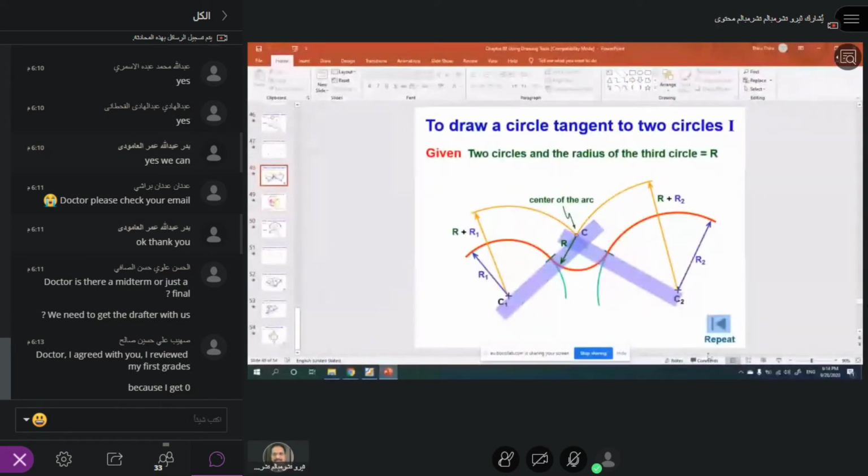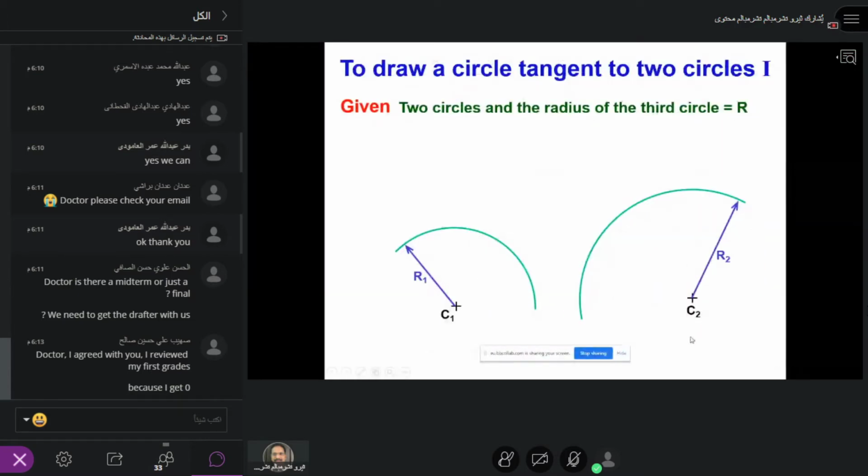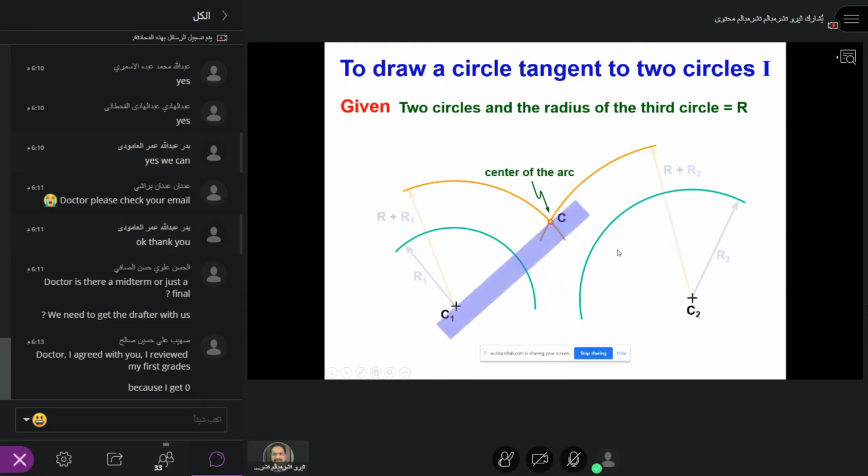All right, so let's continue. This is what we have done just now. We make the two circles, and once the radius is given, we draw another arc which joins at point C. Then you draw the tangent to the center and mark the cutting on the circle, another point, starting point and finishing point. Take center C, the other one as radius, and join it, and that's how you make the radius. And you can draw the circle tangent to the two circles. That's how you can make it.